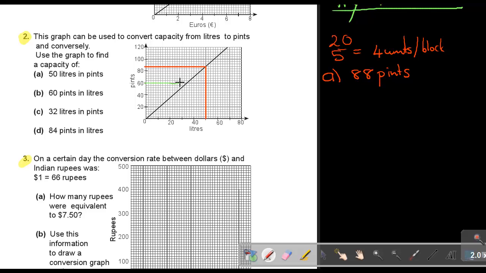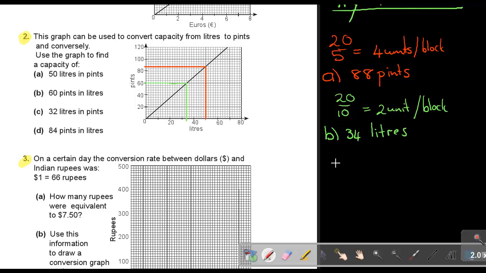So 60 pints. Let's just see my ruler. And then go straight down. And then now, look at the scale again. We always have to first calculate the scale. So the first unit is 20. And how many units will be? 5, 5. So it's 10. So it's 2 units. That's on the x-axis per block. So if I'm there, there will be 30, 32, 34. So number B will be 34 liters.